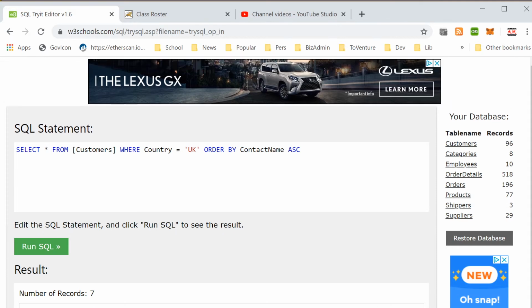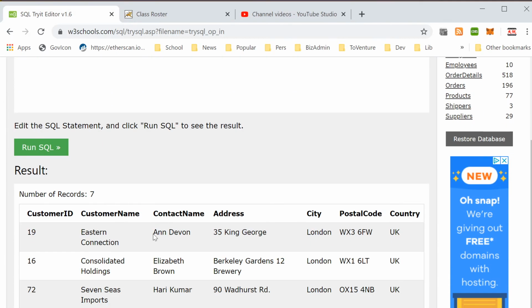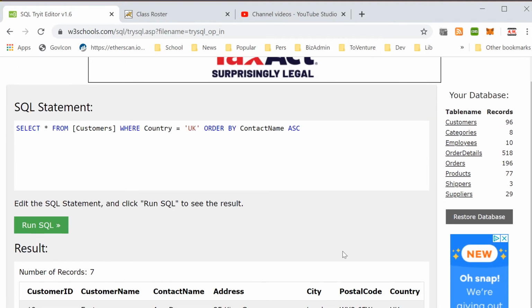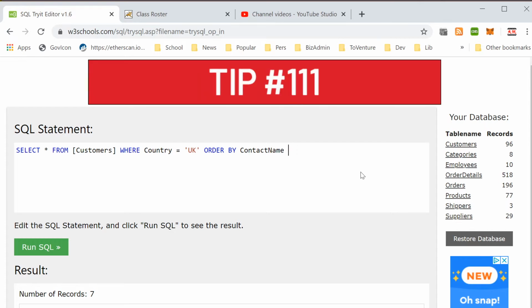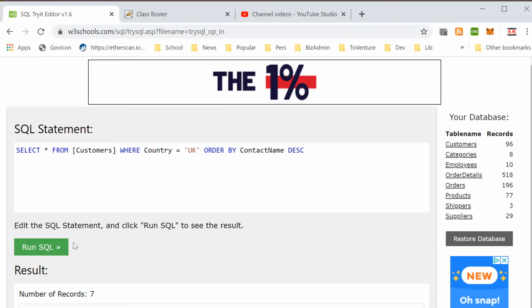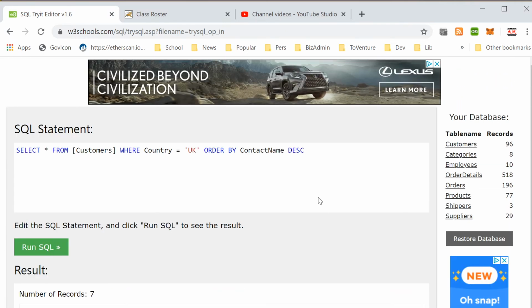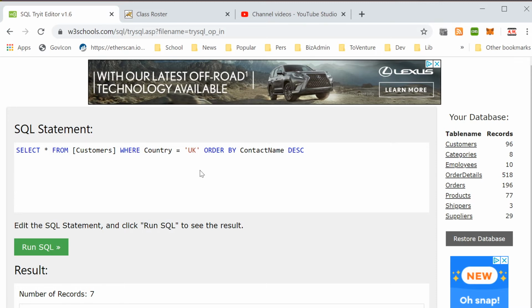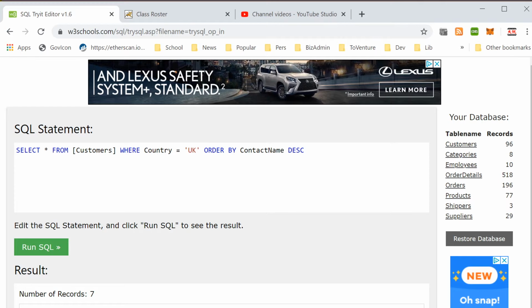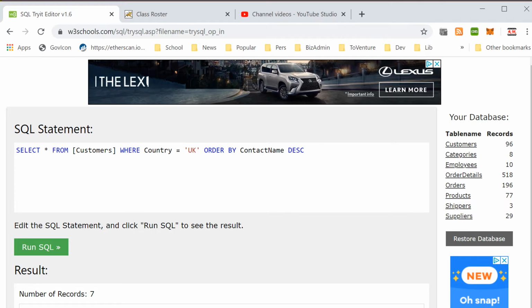Click SQL, and you see that the result is sorted by contact name, from A through V. And if you want to sort it backwards, you can just do DESC, descending, and now it's descending. So you can sort anything by a column by putting in the order by command, the column you want to sort by, and ascending or descending. You can sort by multiple columns,